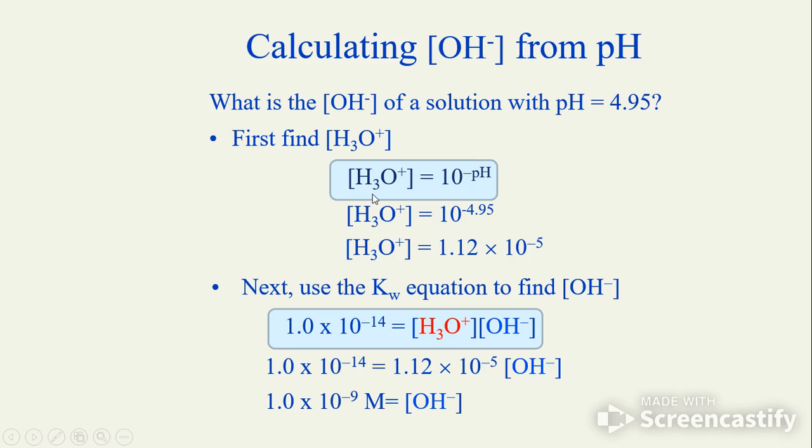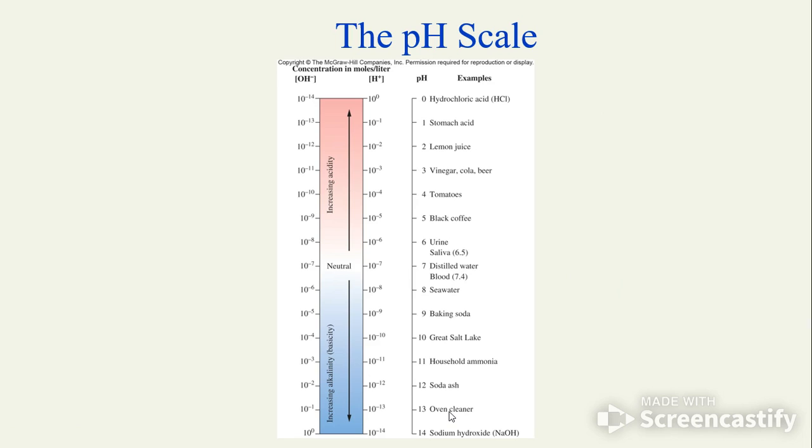Then calculating OH from pH. For example, if you are given the pH is 4.95, again, you can find the hydronium concentration using the formula 10 to the power negative pH, which gives us that. Then use this equation to find the OH of the solution. Substitute and then solve. So basically this gives us